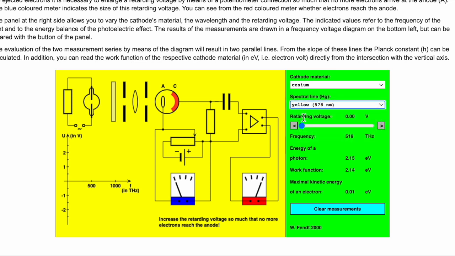So let's start off with yellow here. And it says increase the retarding voltage so much that no more electrons reach the anode. We want to increase this until we end up getting a reading down here. And it looks like we're starting with 500 here, and we can increase this until